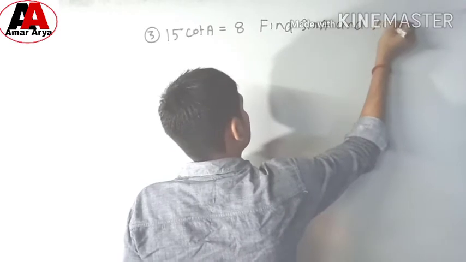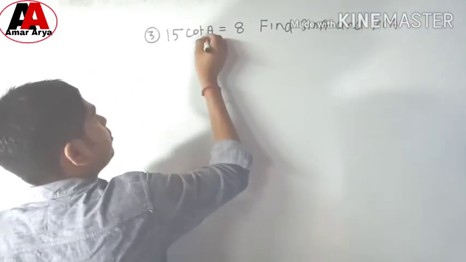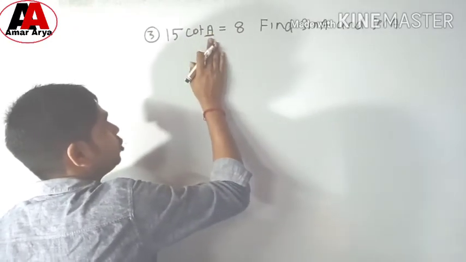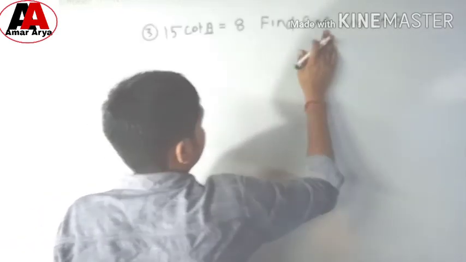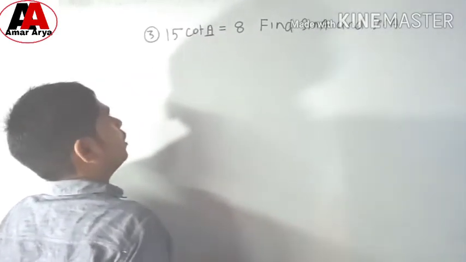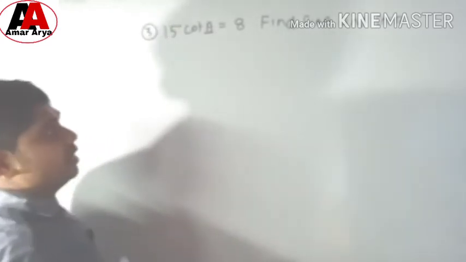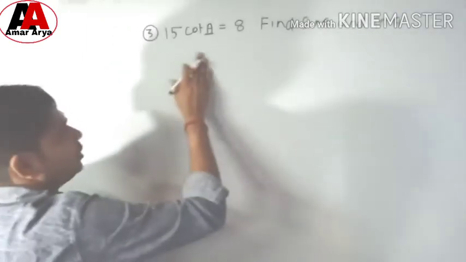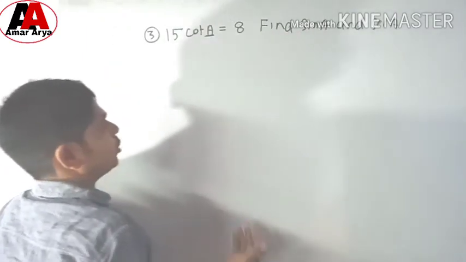Okay, so first of all, you must understand that we have the value of cot A, with respect to acute angle A. So we need to find sin A and sec A. Okay, so you can apply the formula of P by H, B by H like that. You can use this formula, because in both, the value of the acute angle is given and we also have to find it. So don't worry, you can apply it.